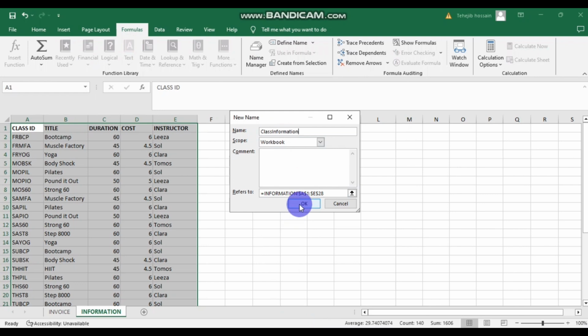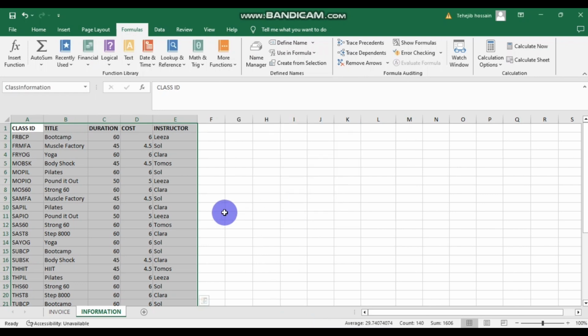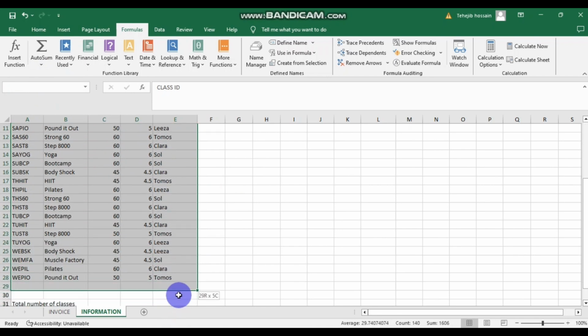And then just press OK. After that, you will get the class information written above the table. Whenever you point to the whole data in this information dataset, you will get the name. This is the name for class information. So that's it. That's the end of the question